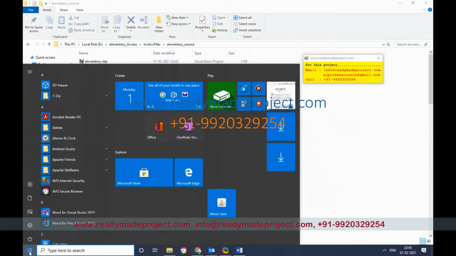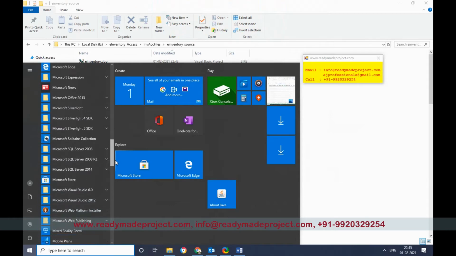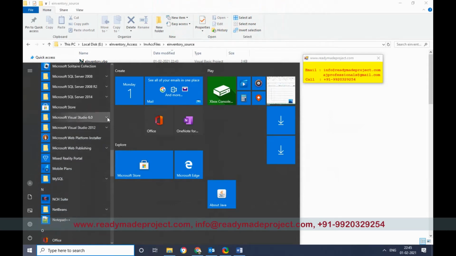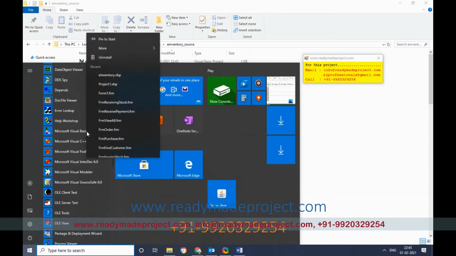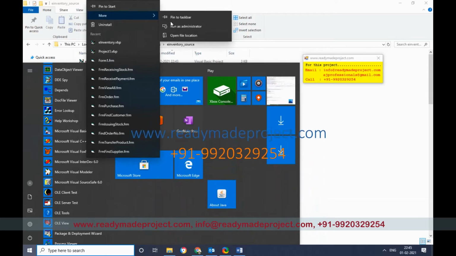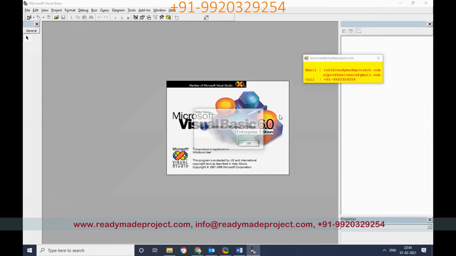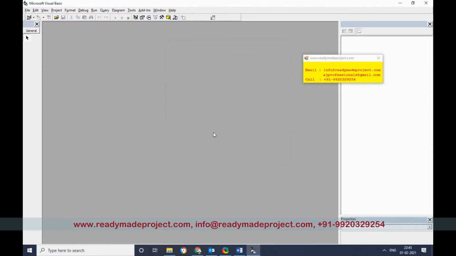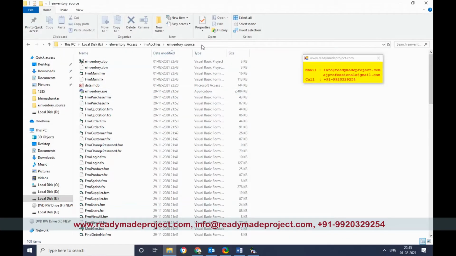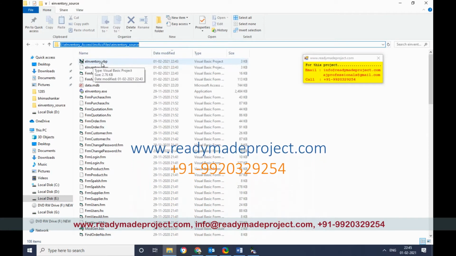So just go to programs and then Visual Basic 6.0, and you have to select Microsoft Visual Basic 6.0. Right click here and more, run as administrator. Yes, cancel it. Now copy the path of that project source code folder, and you have to open this inventory.vbp project